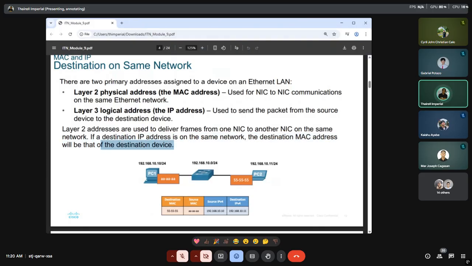So if there is an existing IP address, meaning you have set up the subnet, and you have a DHCP server handling your local area network in which each of the devices has its own IP address, the corresponding IP address of your destination device will also serve as the basis for the destination MAC address for the intention of communication. So the destination IP address adapted in your network can be used to find the destination MAC address adapted by your devices.